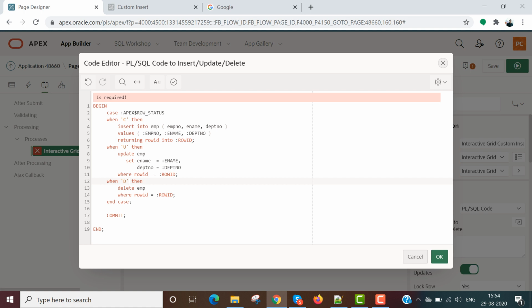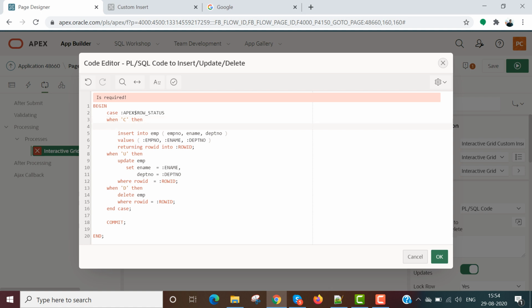So as I told, if we add any department which is not available in the department table, then we can modify our PL/SQL code. For example, here we can check whether the department number inserted through the grid is available or not. We can create a query here, select or whatever, or we can write a declare statement.